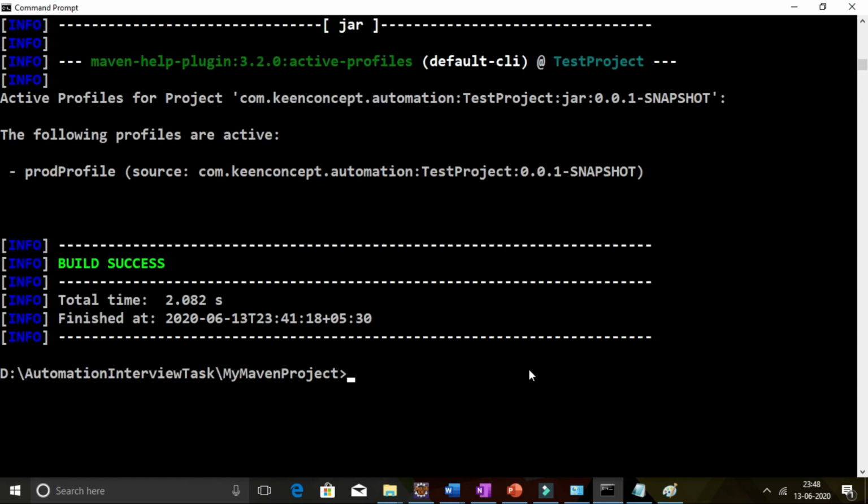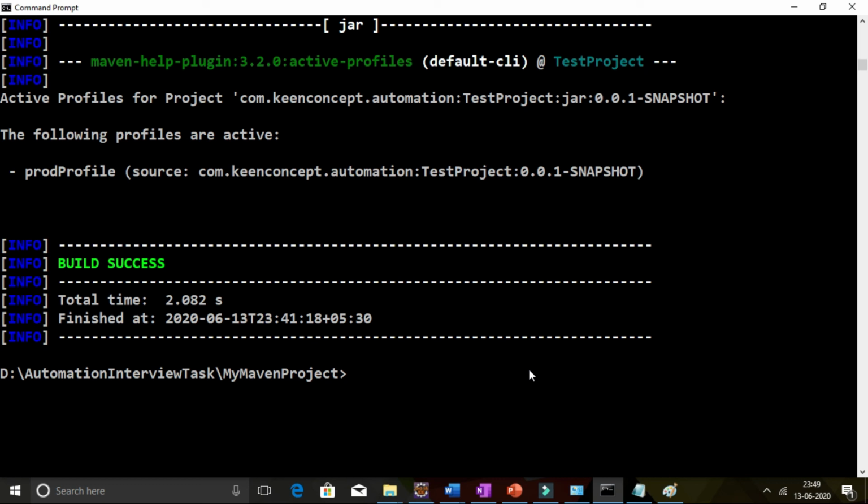So with this I have explained you all the ways for activating Maven profiles to customize your Maven builds. So before I end up with this video, I just want to tell you whatever things we have done in pom.xml, all those things you can do in settings.xml too. If you want to do for a particular user, you need to go to the C drive and under that users directory, under that there will be .m2 folder under which settings.xml will be there.